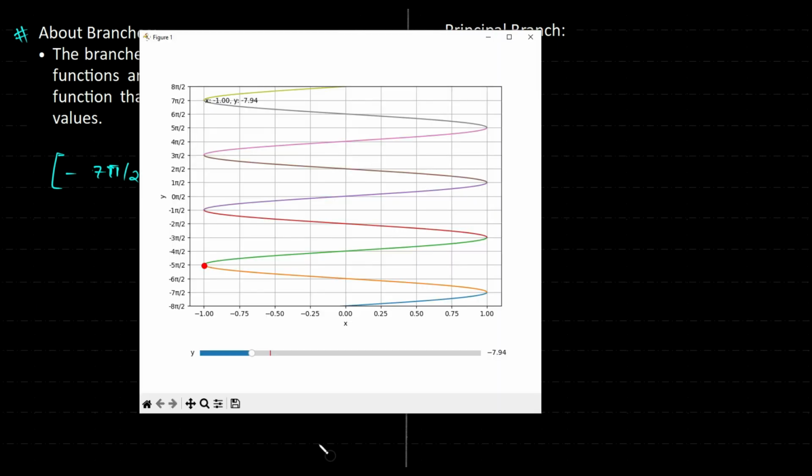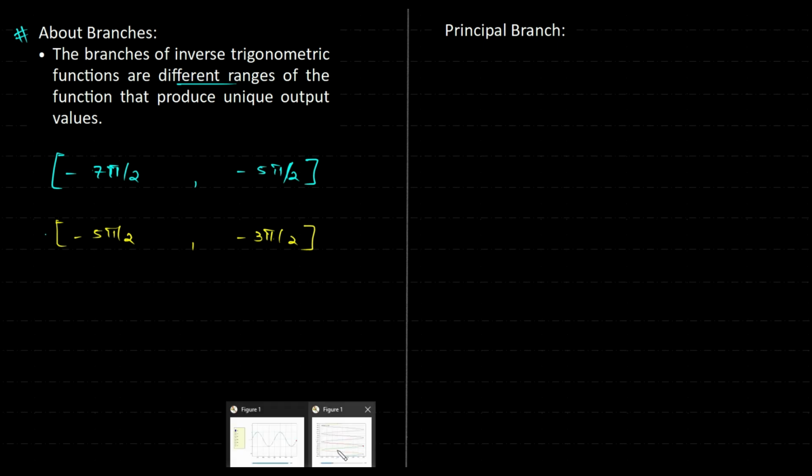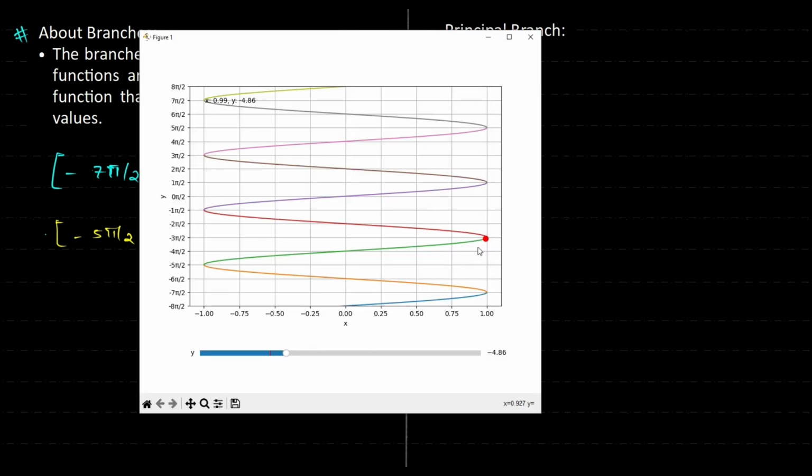Now let me move from minus pi by 2 to, so it's starting from -1. So the next point is still 1. So -1 to 1, right? That is minus pi by 2 to minus 3 pi by 2. This is able to cover all the input values, right? Next, if I move from minus 3 pi by 2 to minus pi by 2, again all my input